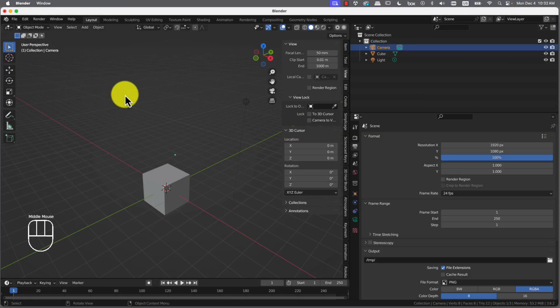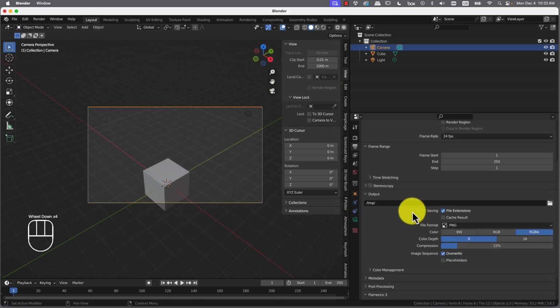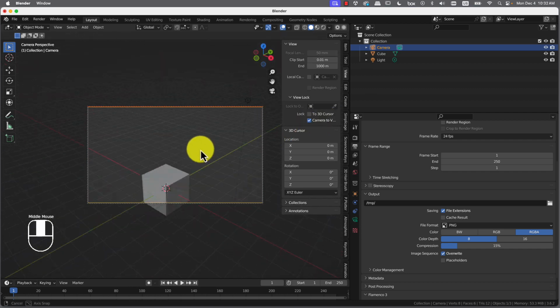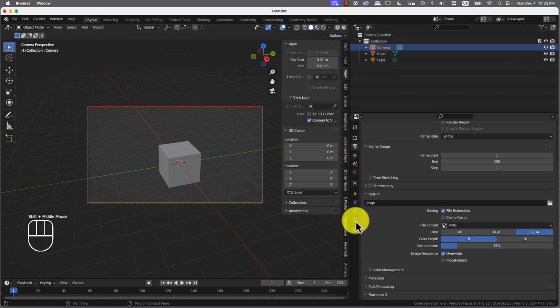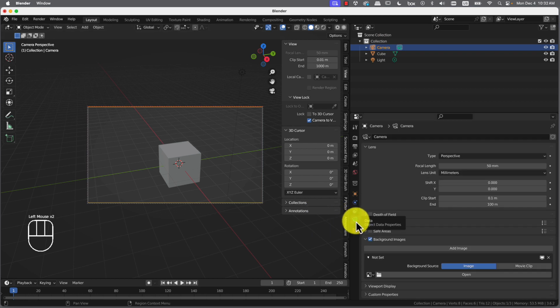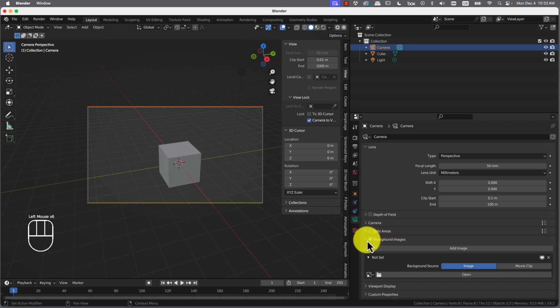What we'll do is press the camera icon and add an image, this image that I showed you, as the background. So you press the camera icon so we can look through the camera, and I'm going to go into the menu, check on view and check camera to view, like we did in the first classes, so that when I move the camera, the camera moves with me. Now the camera properties: once I have the camera selected, you can go into the green button here, and there is a setting that is not enabled by default, which is background images. So we press on background images and we will add an image,